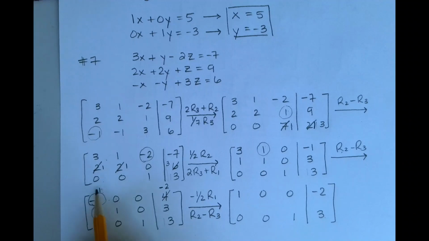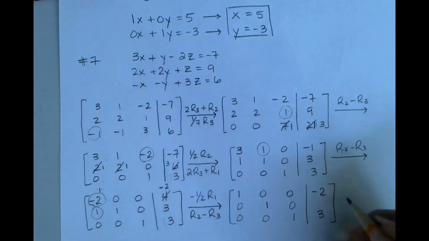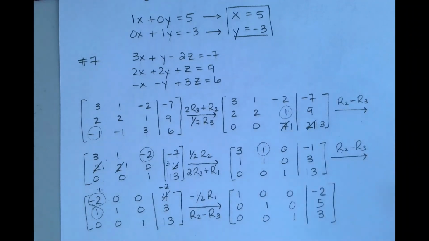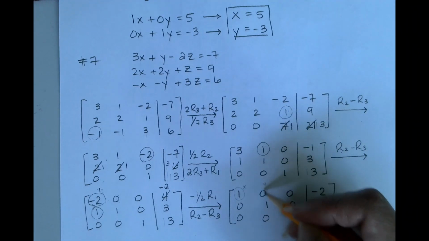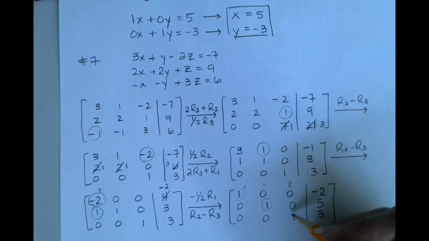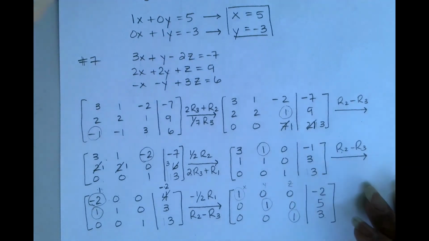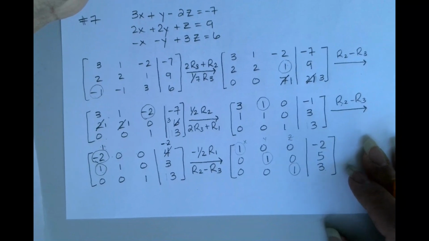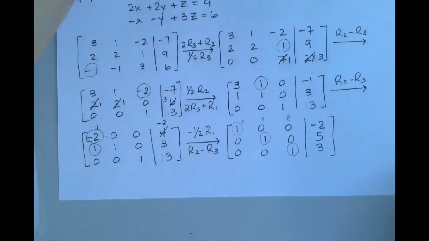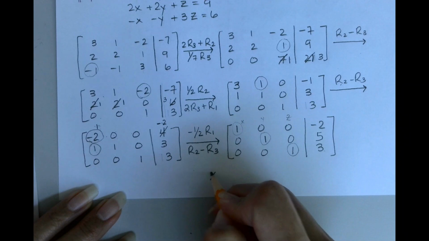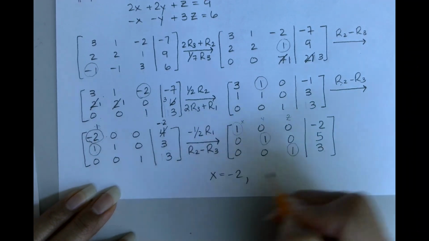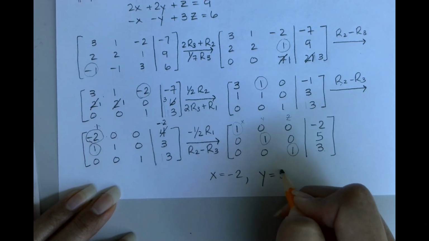So 1 minus 1 is a 0. 1 minus 0 is a 1. 0 minus 0 is a 0, and 3 minus negative 2 is a 5. So here you notice we have our x column, in this column we have our y, and in this z column we have our 1. Let me bring this down a little bit more. So we have arrived at our solution where x is a negative 2, the y is a 5, and the